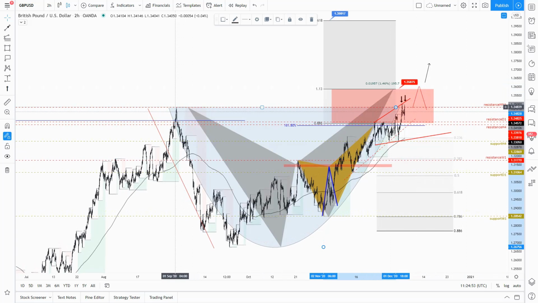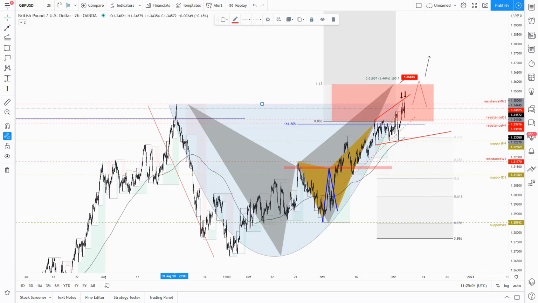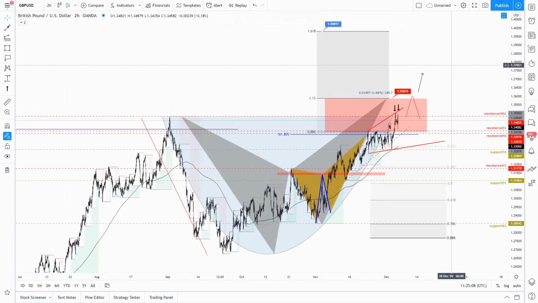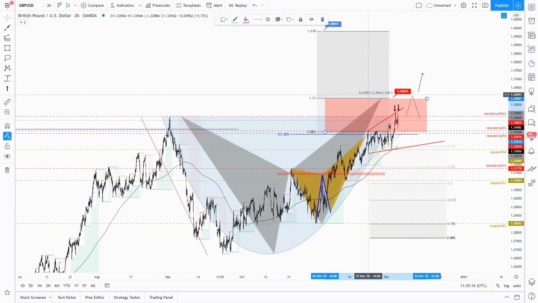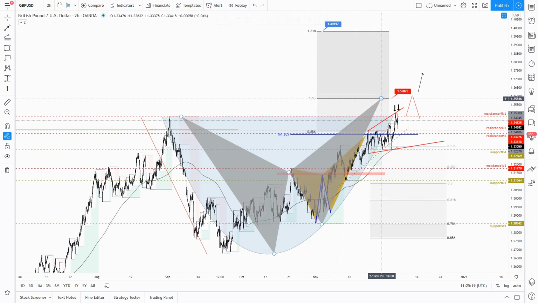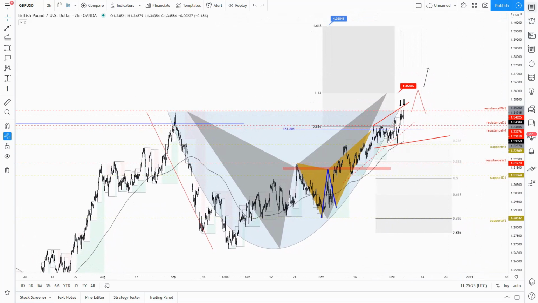But again, we are still respecting that monthly fractal resistance, previous structure highs, which may help the formation of this kind of cup and handle. And that being said, we may see the price trading even higher from above that monthly fractal. Just because we have a pattern there, it's never granted that the market will find pressure there. So let's stay tuned on those possibilities.